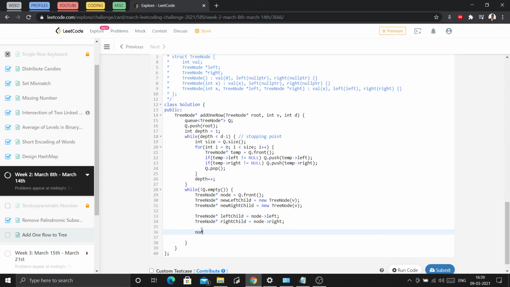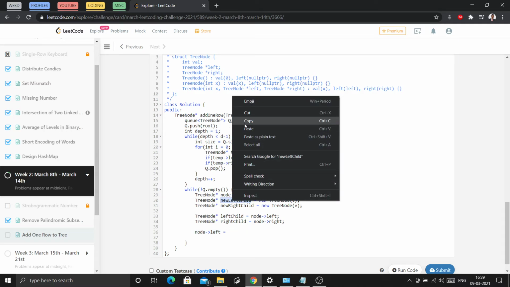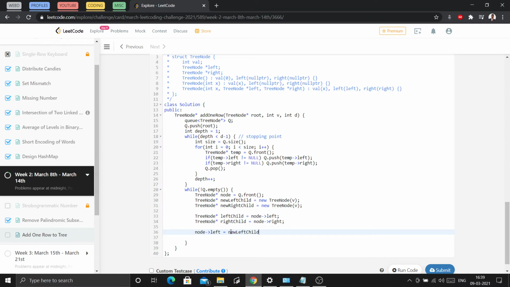Node's left would be new left child. Similarly, node's right would be new right child. Okay, this is pretty fine.